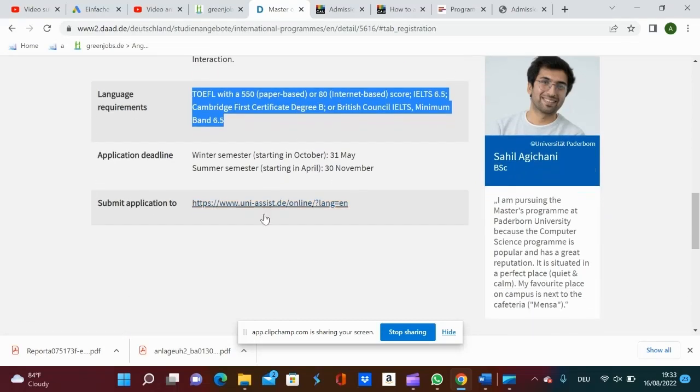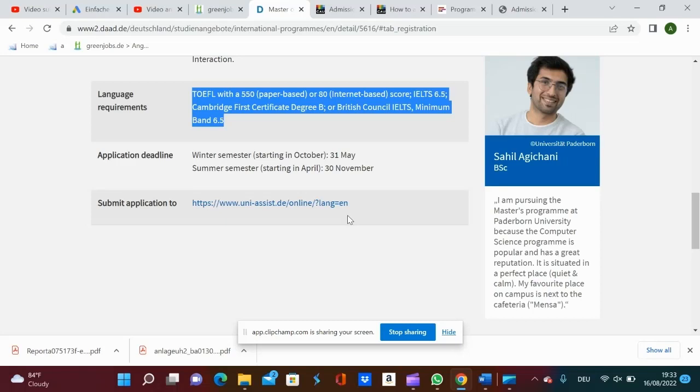All right. So you see, the application is done through Uni Assist. Submit application to Uni Assist. So it means that the school does not take the application directly. You have to submit your application to Uni Assist, and Uni Assist application submission is not free.